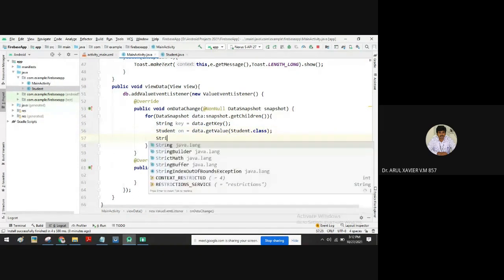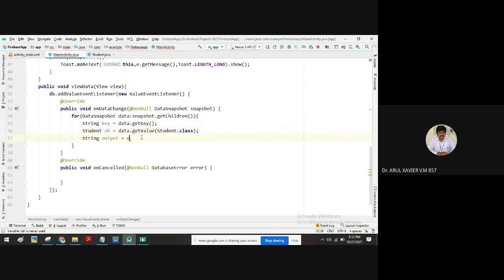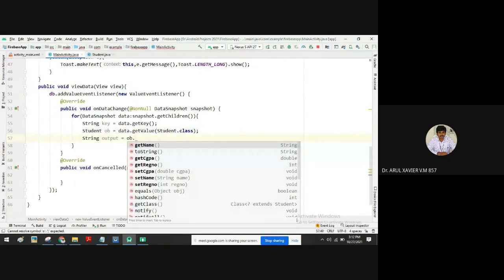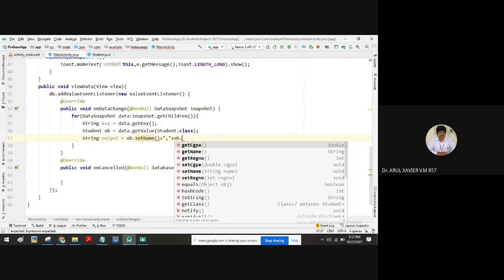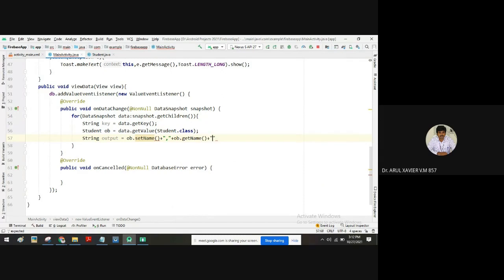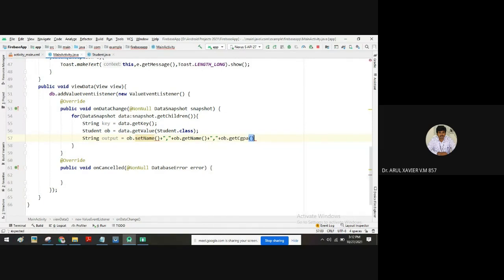The output we can prepare like this: output is equal to, sorry, it is not on, it is object. I'll take it as object. First we can read the register number with ob.getRegNo, then plus a comma, plus getName, plus a comma, then ob.CGPA.